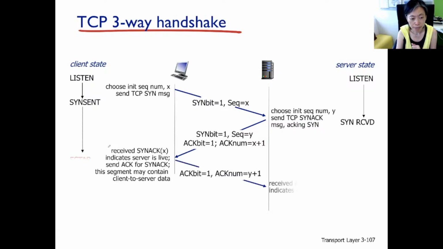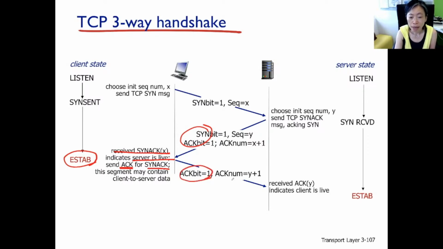And lastly, when the client receives the SYN ACK back, at this point the client is sure that the connection is established, and so the server is live. The last thing the client needs to do is just to acknowledge receiving the SYN ACK. So it's just an ACK packet, and the ACK number is y plus 1.